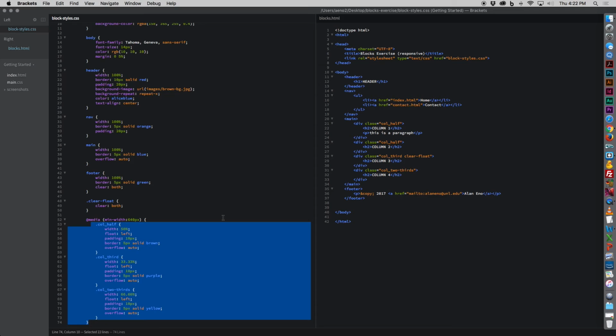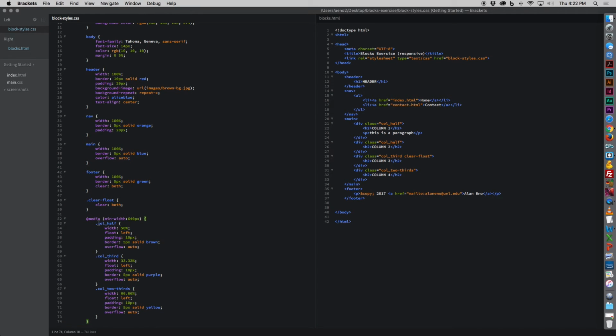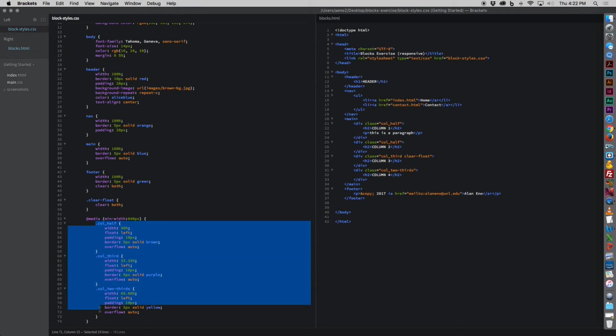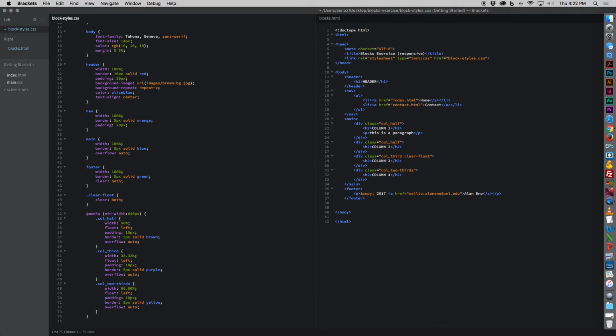So then what I can do is I can come down here and say, okay, I just want to create a rule for all of these. What happens to them at smaller than 640 pixels? So I create a rule that says column half, and I may need to change the order of this. Column half, column third,